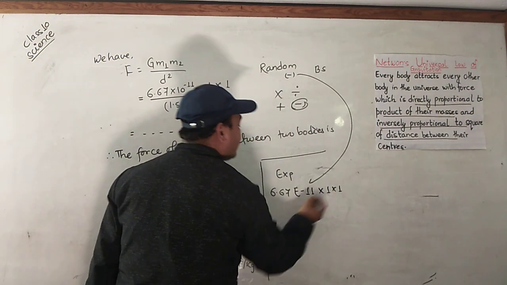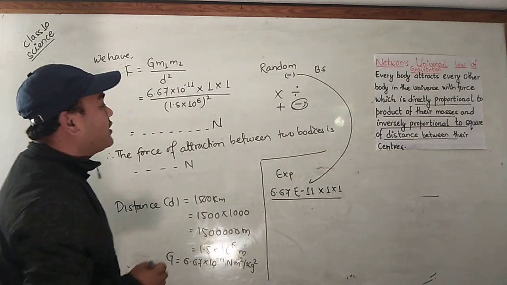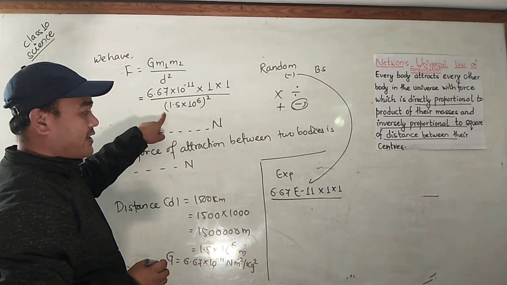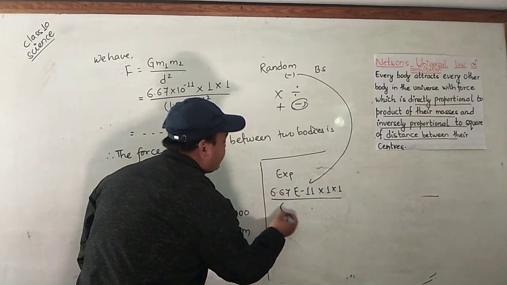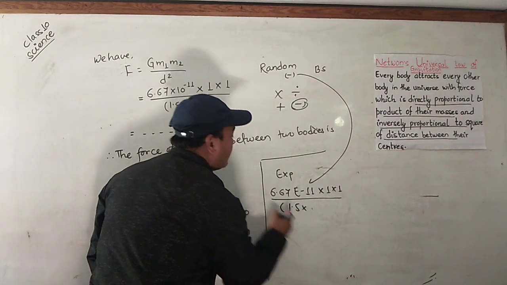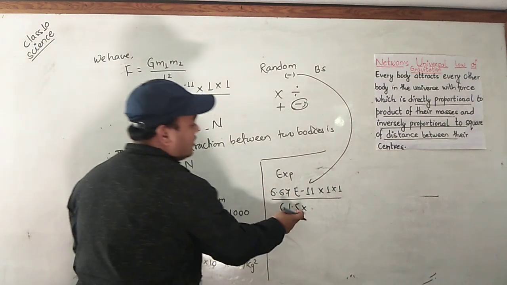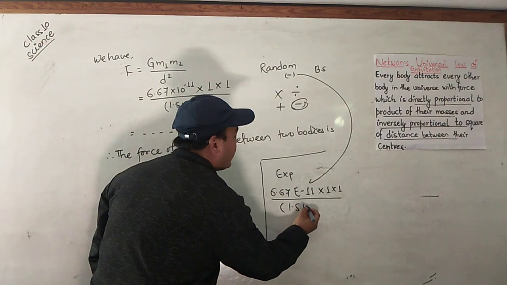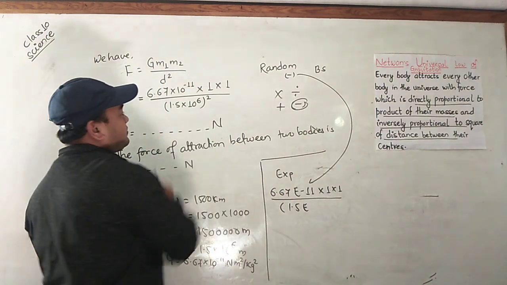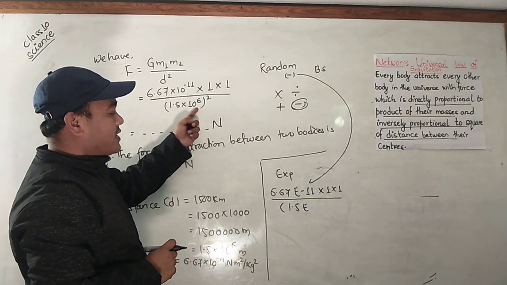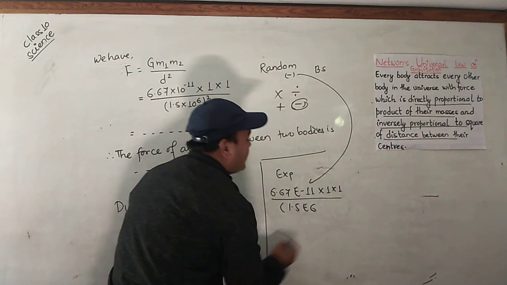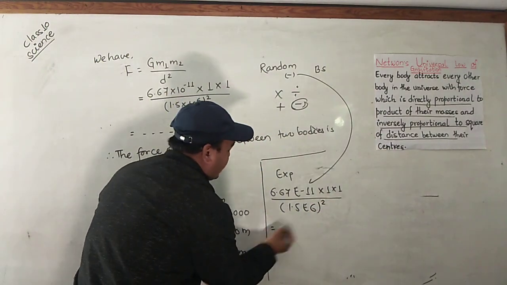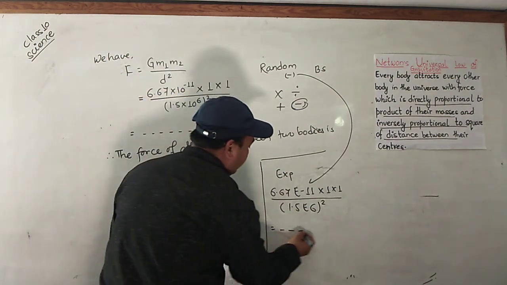Now use the divide sign, and you have to remember while dividing with this power you have to use the bracket. So insert the bracket and write 1.5 into, now again we have to write 10. It is optional, either you can write the into sign or e, no problem, so you can write only e. Now raise the power 6. Now insert the button 6. Now close the bracket. Now press square and press the equal to sign. I think you will get the value.